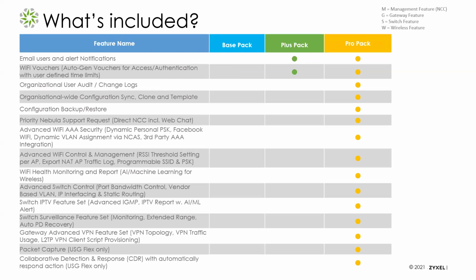And then email or push alerts when devices go offline, that requires Plus or Pro Pack. And then ProPack itself unlocks a bunch of additional features that Plus doesn't have. And again, these are mainly aimed at those of you that are MSPs or providing more proactive management of your